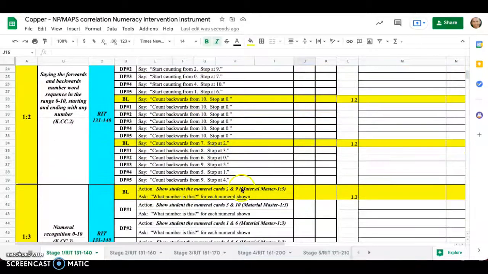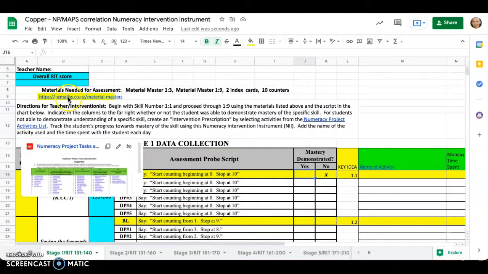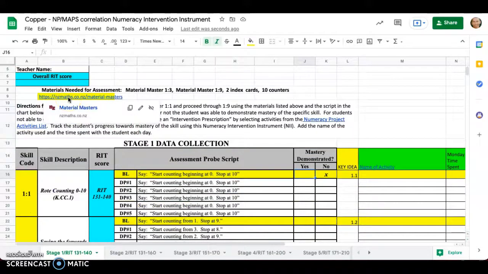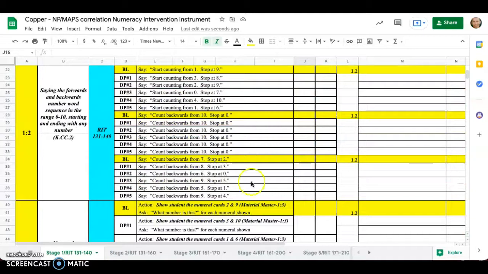The other thing too is it has, show student the numeral cards 2 and 9. So these are things that you can access up here. Here are the materials, and it'll show you this link to more downloads basically, and they're just 8.5 by 11 that you can cut out. But for the most part, you can just write these numbers on a whiteboard. So you show the student number 2, write the student number 9 on a whiteboard, and can they identify it,